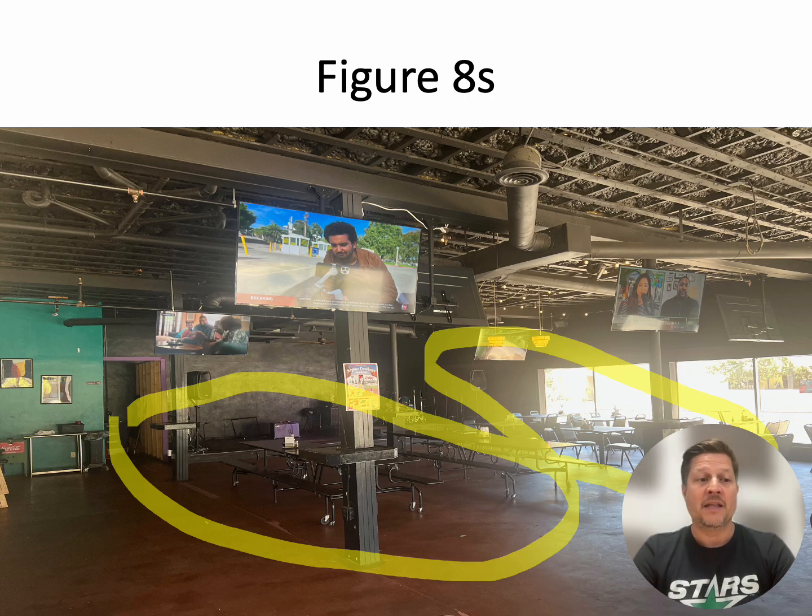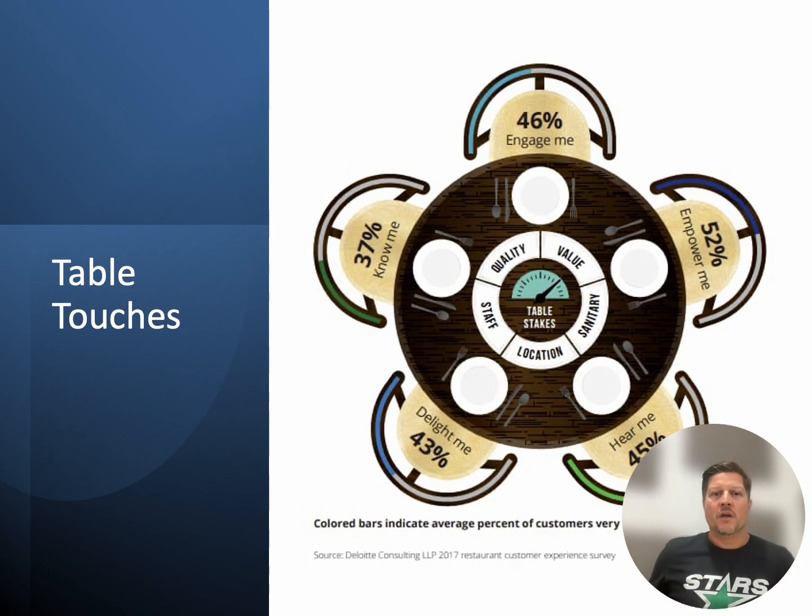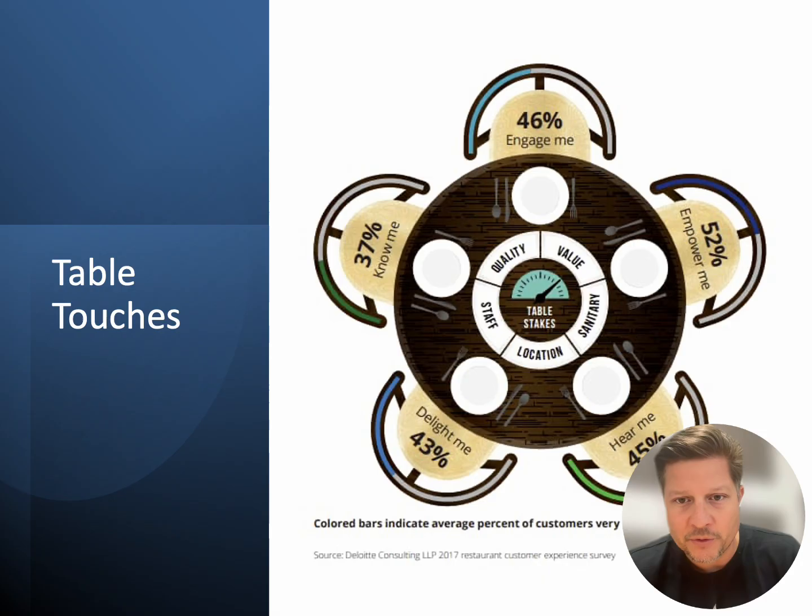Okay, so we need to establish good figure eights throughout service. Importantly, I know that when it gets busy, you're not going to be doing a lot of figure eights. You're going to be helping service, running expo or delivering food, clearing tables, etc. Perfect, we want that. But then you bounce back through a figure eight when it's appropriate. Okay, so now let's talk about table touches.